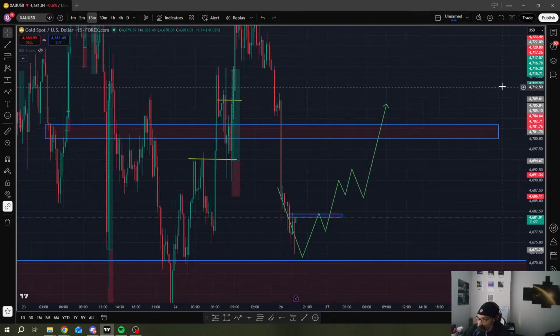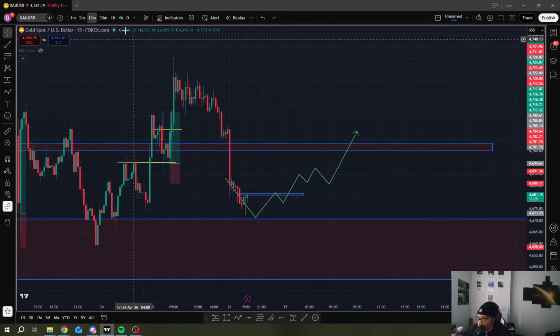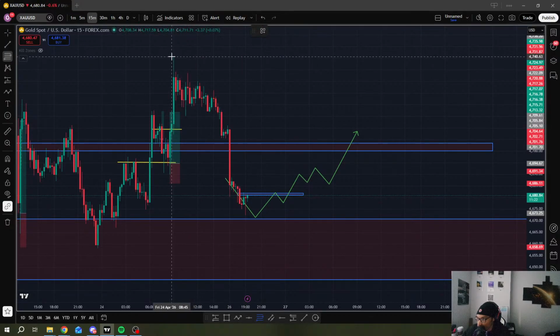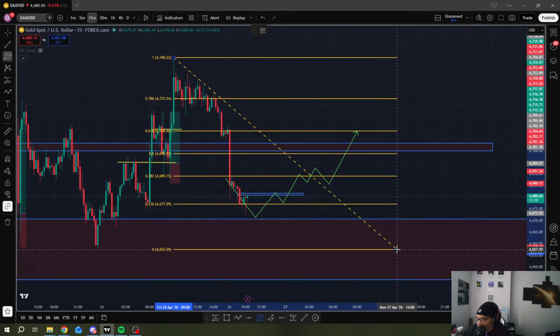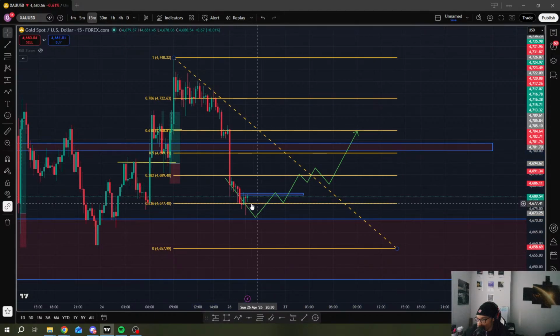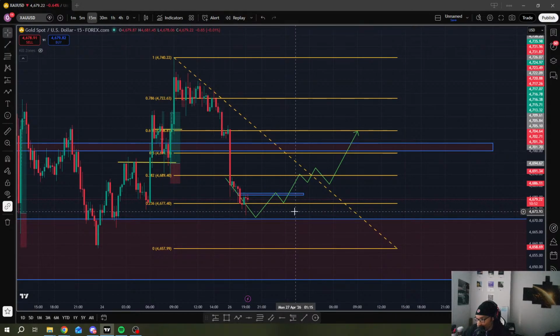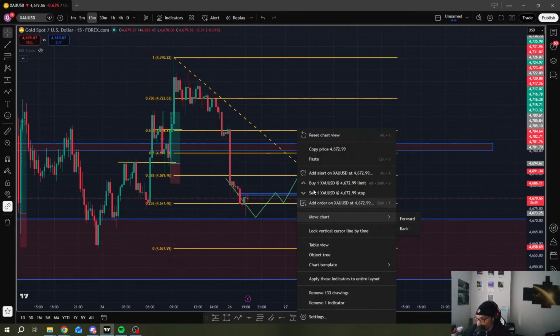So one more time, I'll go over this nice little fib structure here, okay? This is currently the level that we're at right now. This is the level that we want to essentially get back to, the 0.618. We want to get back to this level because this is a pretty solid level. But in order for us to get back to that level, we got to make sure that price is cooperating within this range. So we're chilling for right now, y'all. We know what we're looking for. We're looking for price to break past this range, and it continues down here.